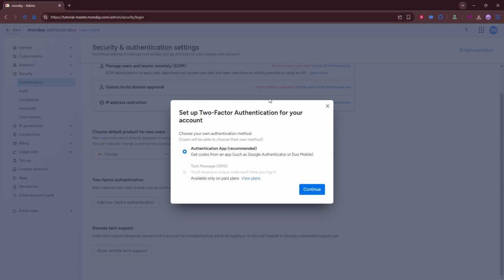After selecting the authentication app option, a QR code will appear on the screen. Open your authentication app on your phone, then use it to scan the QR code shown in monday.com. Scanning the code connects your account to the app, allowing it to generate secure login codes for future sign-ins. If scanning doesn't work right away, make sure your camera is focused clearly and that the full QR code is